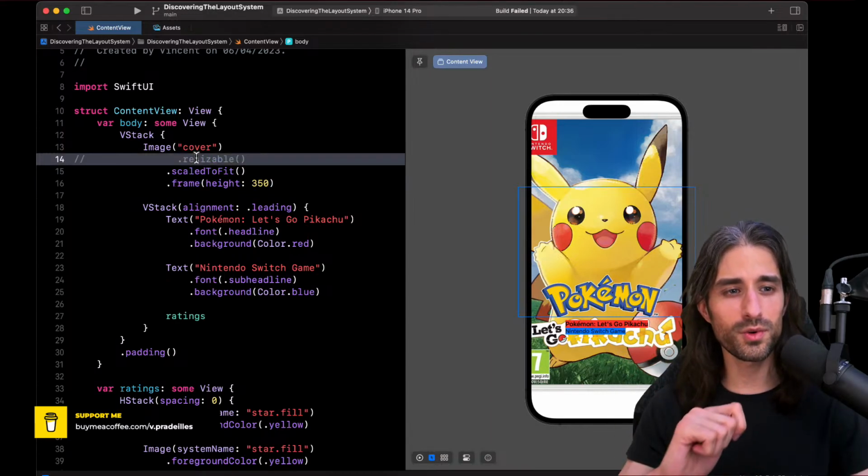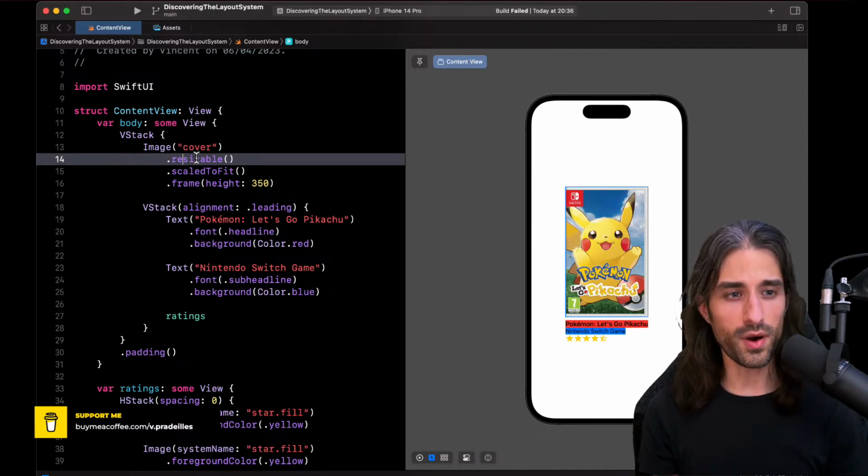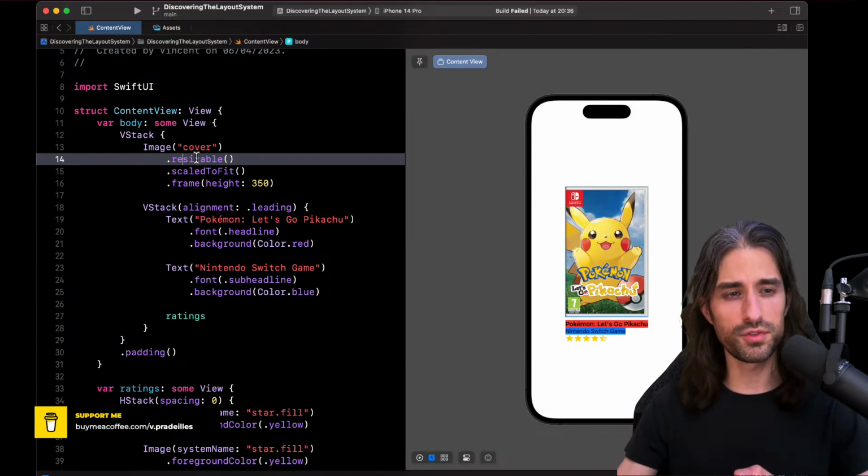But the view is free to disrespect that advice, which is very different than UIKit world, because in UIKit, the frame is the source of truth for the amount of space that the view is using. So what is its origin, what is its height, what is its width. Very different in SwiftUI, and it can be extremely confusing when you see a view that doesn't respect its frame. It makes sense in the logic of SwiftUI's layout algorithm.